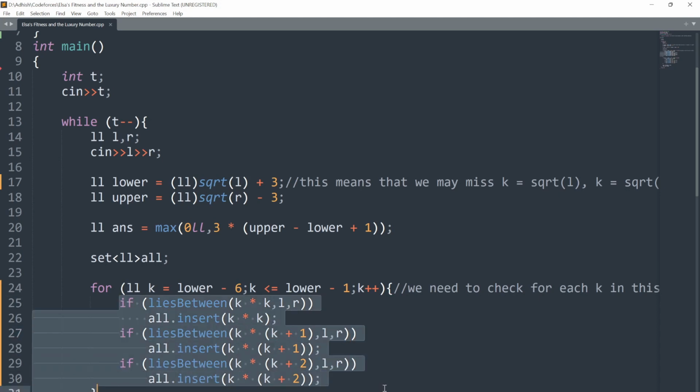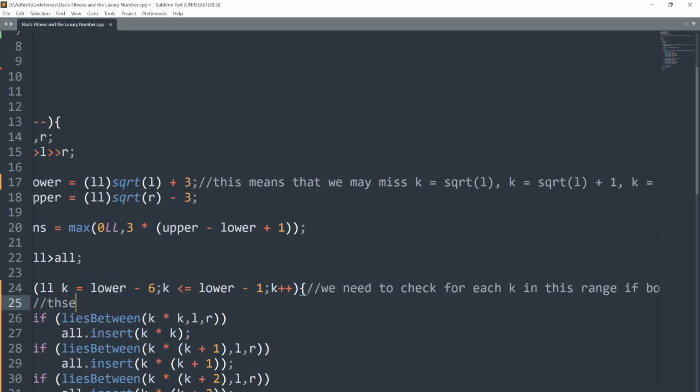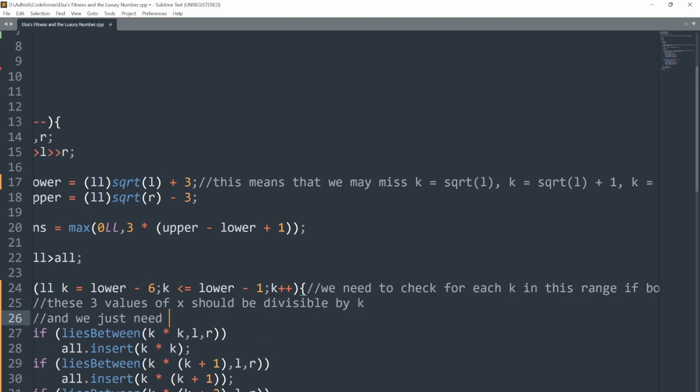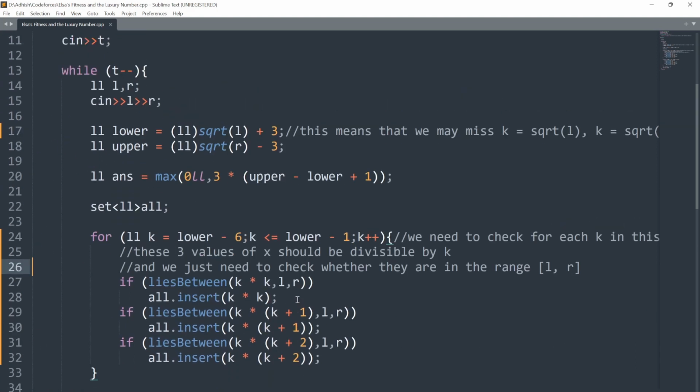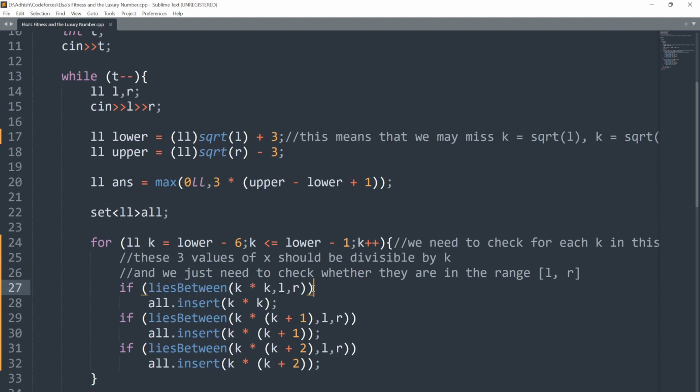L and R and also satisfy the condition that these three values of x should be divisible by k, and we just need to check whether they are in the range L to R. So we do that using the function lies between L and R, and if both the conditions are met, we insert this value of x into a set